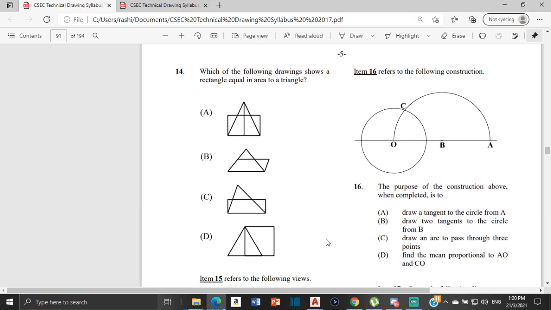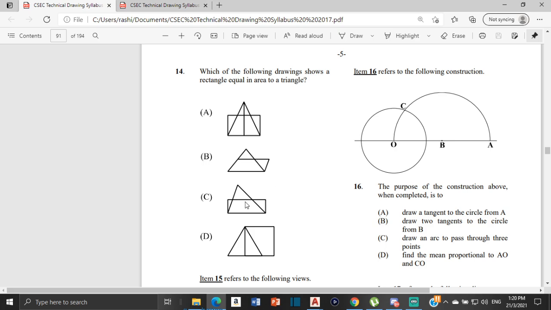Now for number 14, which of the following drawings show a rectangle equal in area to a triangle? All right, and we did this drawing in our plane figures of equal area playlist, so that's also on the channel, so you can check that out. So in this case, the answer would be C, and the reason for that is because